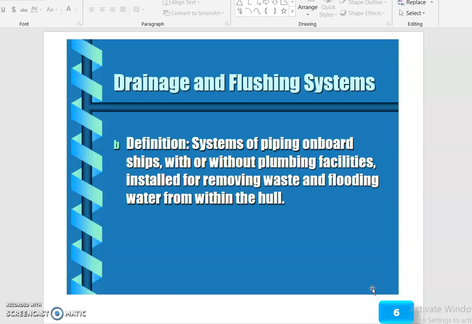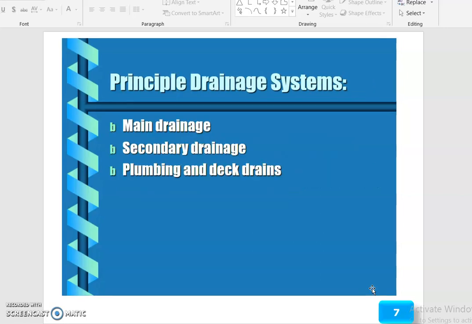So the definition: a system of piping on board ship, with or without plumbing facilities, installed for removing waste and flooding water from within the hull. The principal drainage systems are main drainage, secondary drainage, plumbing and deck drainage.